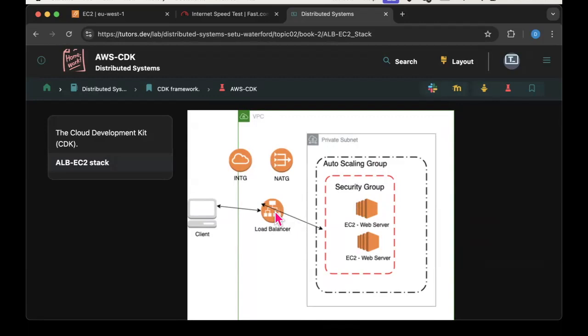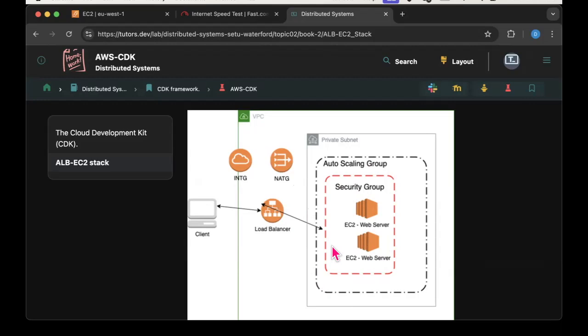And the application load balancer takes care of directing or balancing the load between these two EC2 instances. So these now are running our custom web API. So scalability was actually part of this whole piece of infrastructure, and we had to create all of this infrastructure.